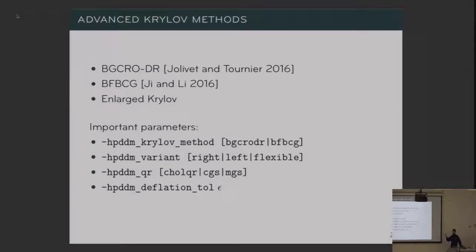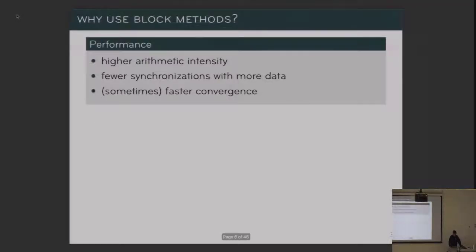What's important with block Krylov solvers is that you need to perform QR factorization of dense distributed matrices. So we either use Cholesky QR factorization or QR factorization through CGS, classical Gram-Schmidt, or modified Gram-Schmidt. Unlike traditional Krylov solvers, block methods are really sensitive to deflation and inexact breakdown. So for that kind of problem, we have to add another parameter in the Krylov solver, and you can set it to whatever you want.